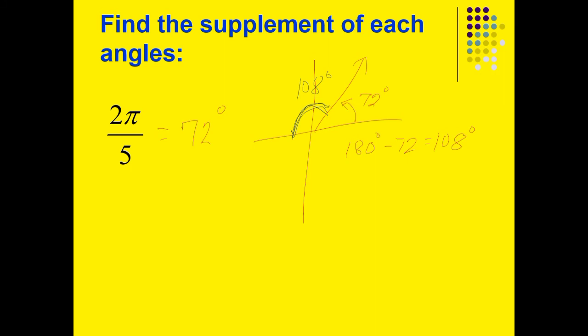But then, since this is written in radian, we follow the concept of radian. So this is 0, pi over 2, this is pi. For us to know further, we have pi minus 2 pi over 5. We come up with 5 as the LCD. So 5 minus 2 pi, and that is 3 pi over 5.